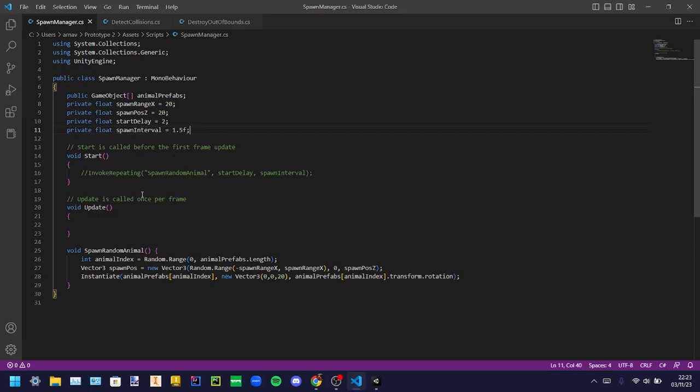Once we've gotten those two variables, we are going to add this line of code inside the start method. And so this line of code is going to run once at the beginning of the program, or beginning of the game, and it's going to call the function that we defined here. It's going to use start delay and spawn interval, right? Okay. Once you do that, we can hit save,